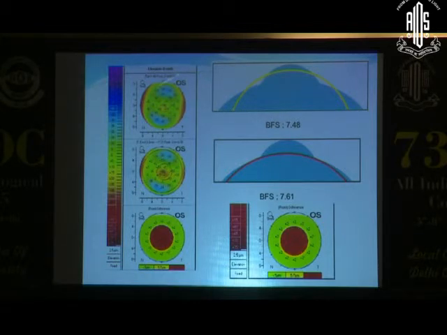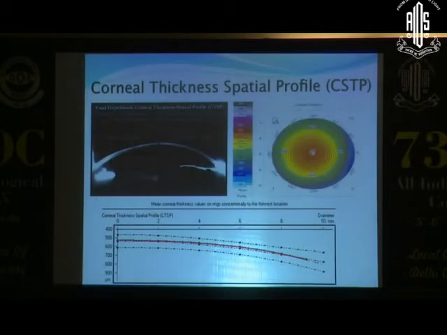So here you can see that this is the elevation of the front, this is the best fit sphere of the anterior surface, and then excluding the 3.5 millimeters around the thinnest zone. Here again I'm saying 3.5 millimeters is not around the center, it's around the thinnest point in the cornea. And that's what makes this extremely sensitive. Here you have a very large area with a difference of around 14 to 15 microns, making this probably an astigmatic cornea, probably ectatic. We have to look at the posterior float as well.